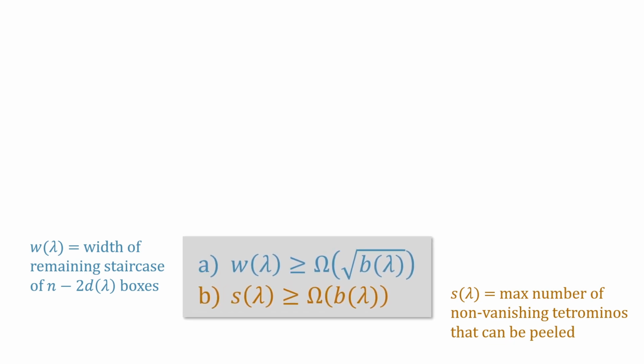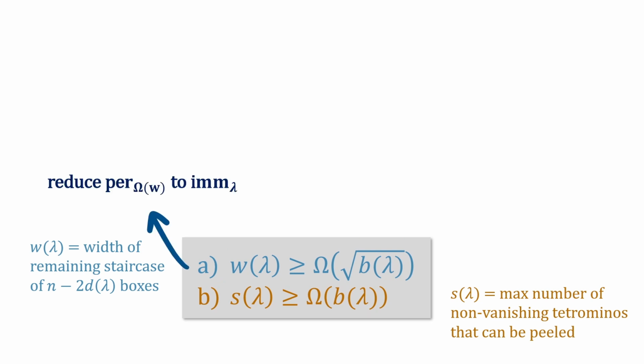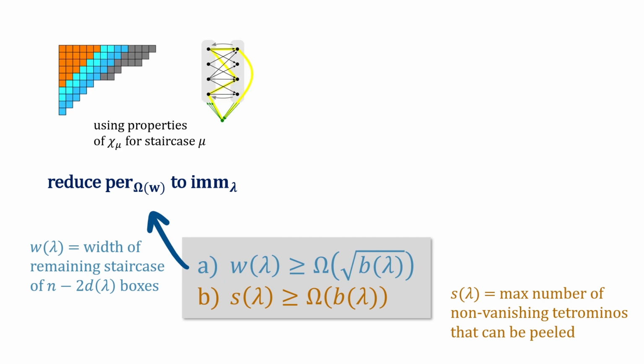And then our proof, of course, proceeds by case distinction. If there is a large staircase in our partition, we reduce counting perfect matchings in a bipartite graph G, that is the permanent, to evaluating the lambda immanant. Firstly, this requires us to get rid of all the dominoes to expose the staircase. We can achieve this by padding, but showing that this works requires a non-trivial argument involving domino tilings, which is a bit surprising.